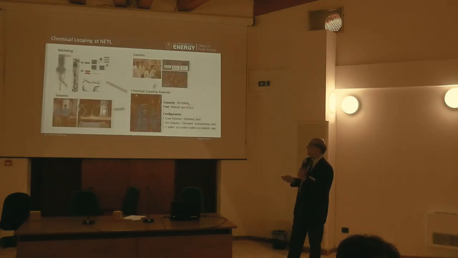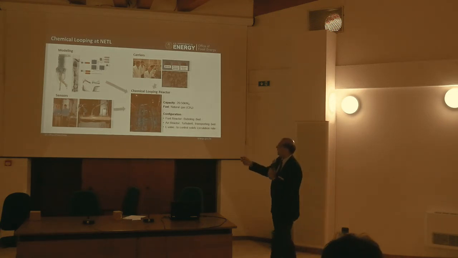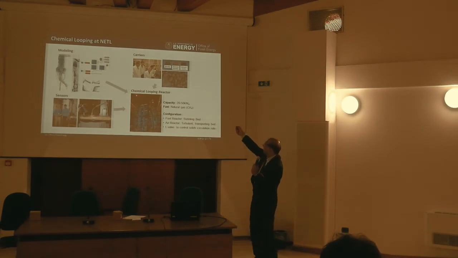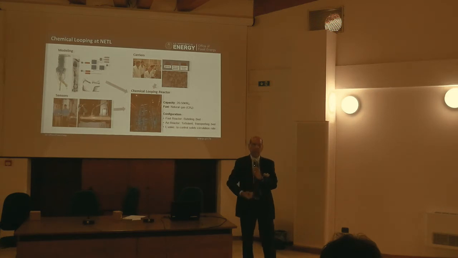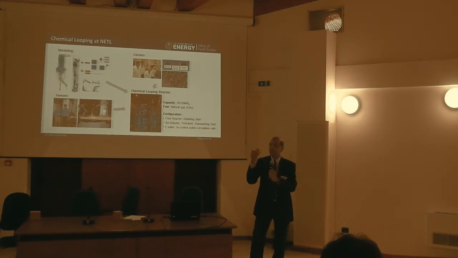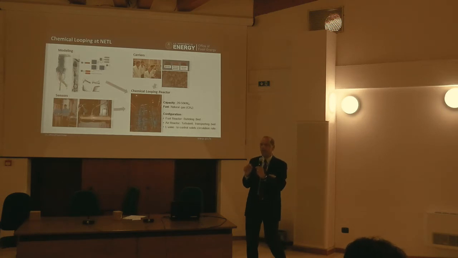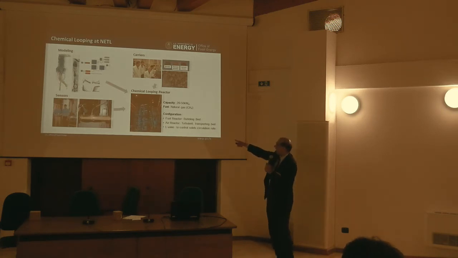So there are a couple of slides here on chemical looping that's going on in NETL. You'll see a lot of modeling work that we do first. Then there's a lot of work we are also doing in sensors and controls, and how we combine that with some of the metal carriers. So it's not just iron oxide, there's copper oxide. There's a lot of other metals that you can do. Copper oxide also can be recirculated. Along with that, we also have new metals that we're looking at. So all of those are combined, and we have